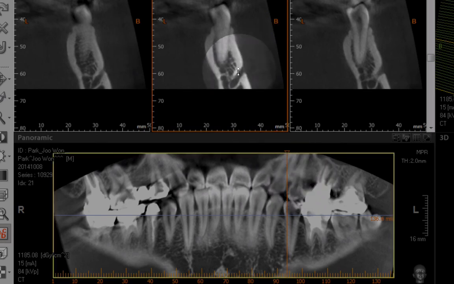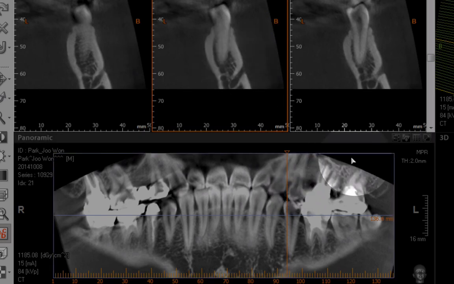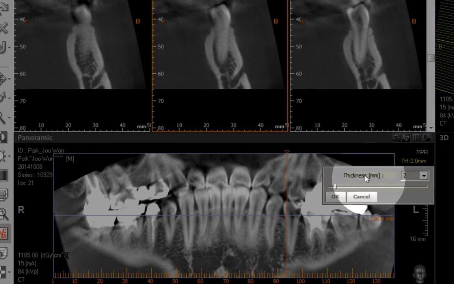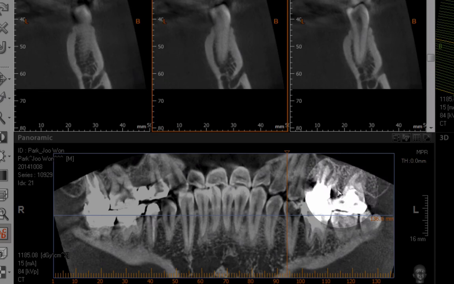Once you've found the mental foramen, you go to the very top right section of the lower panoramic pane, and you see this thing that says TH 2 millimeters. That means this panoramic image has a thickness of 2 millimeters. You click on it, and you can make it as thin as you want. You can reduce it all the way to 0. If you click on that, that's a very grainy but very accurate slice